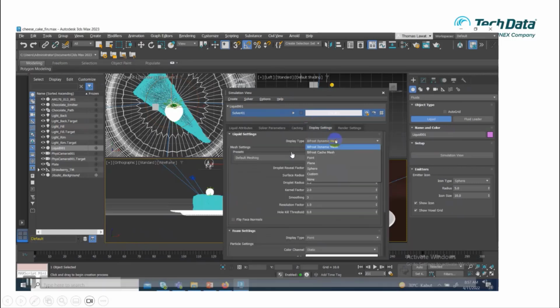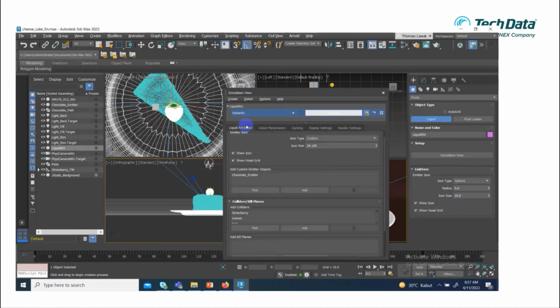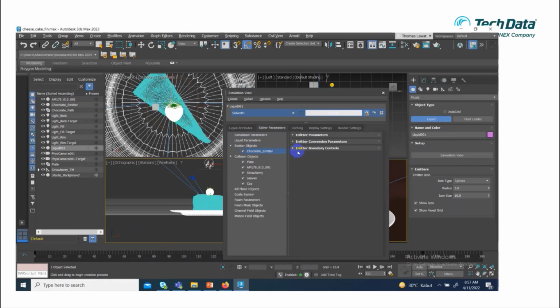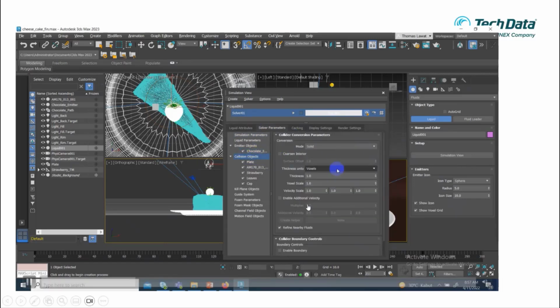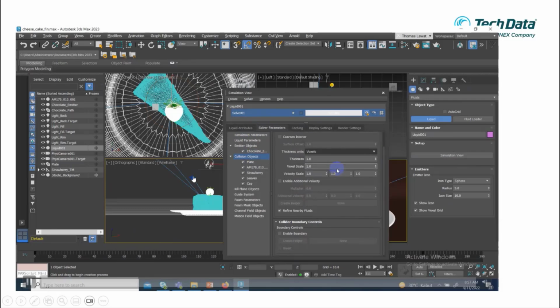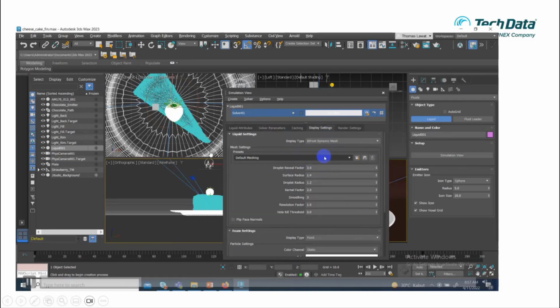But something important, the fluid system has templates. Let's say you want to create a chocolate liquid, honey liquid, or even a ketchup liquid, a syrup liquid, there are a lot of templates you can choose from. This will have an impact on the flow of the fluid. Let's say you want to create a syrup. This is the liquid setting.